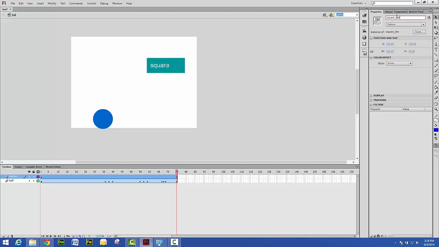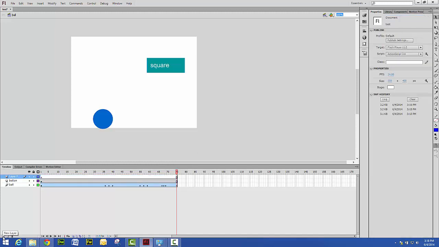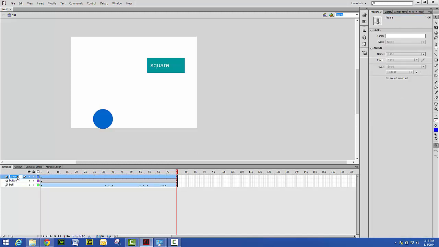You can have multiple buttons. They all have different instance names. Next thing I'm going to do is add a new layer, and this is a layer that I'm going to call Actions. This is not required by Flash, but it is something that most of your Flash producers use as a top